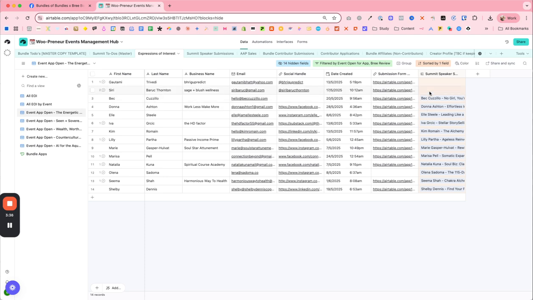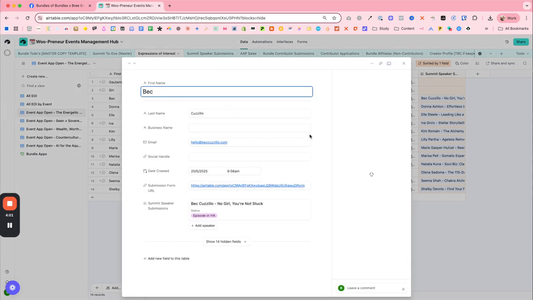So over here you can see a little bit of a sneak peek of what happens when we get the expression of interest and we link it up to the summit's submission. So when someone actually goes ahead and does the second application, the submission, I can then see here that they've submitted that and it's linked to this profile. So let's look at Beck, for example. We have her